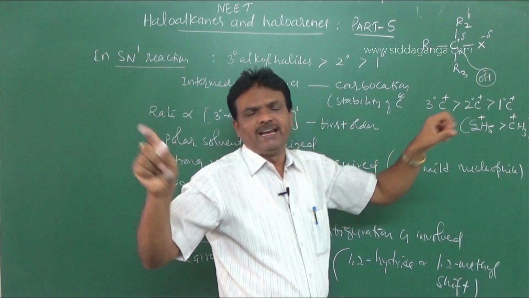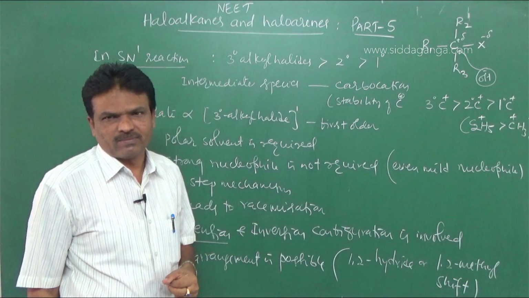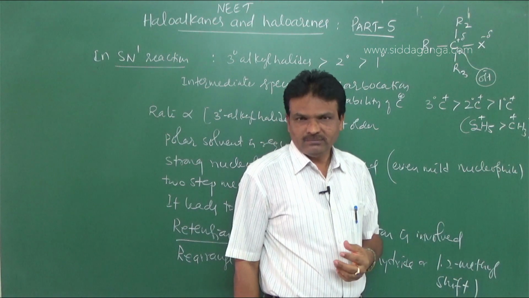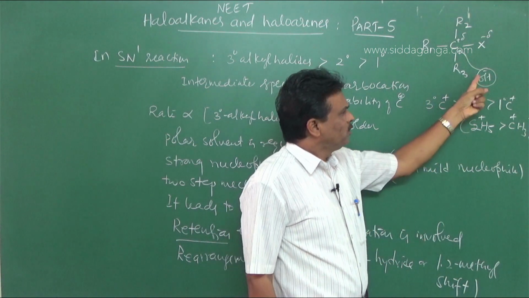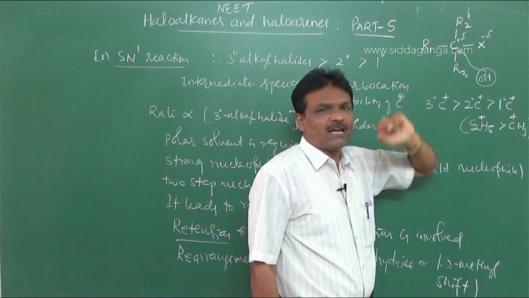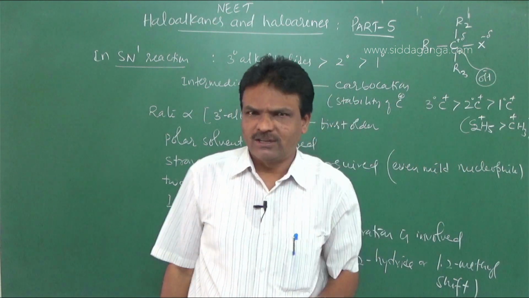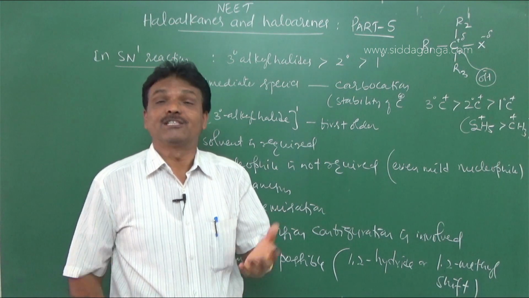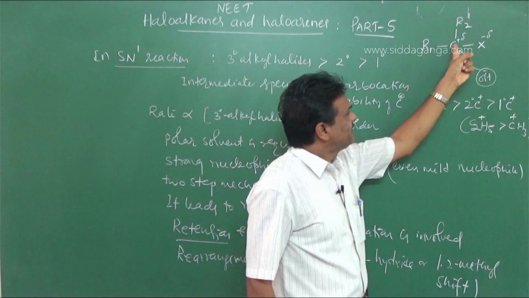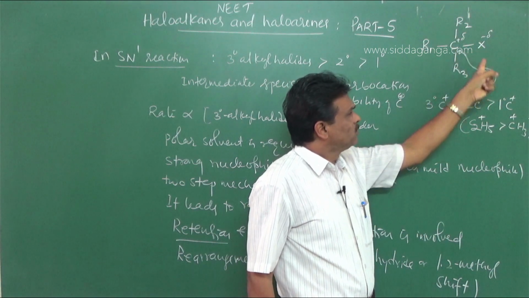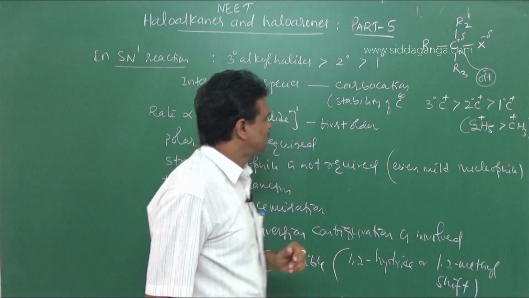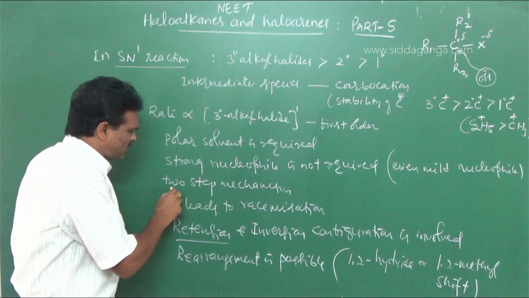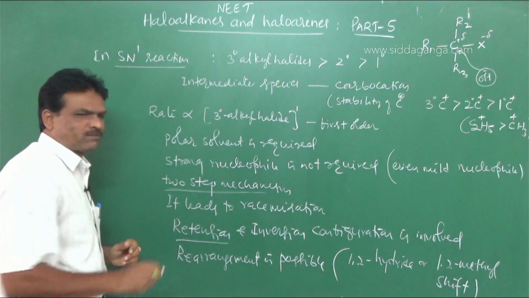There may be an interelectronic repulsion force. And if R1, R2, R3 are bulky groups, in such cases, the nucleophile cannot attach to this carbon atom from the side opposite to that of the halogen due to steric reason, due to steric hindrance. The space is not sufficient to attack this carbon from the side opposite to that of the halogen. So for this reason, tertiary alkyl halides involve the SN1 reaction and it occurs in 2 steps.